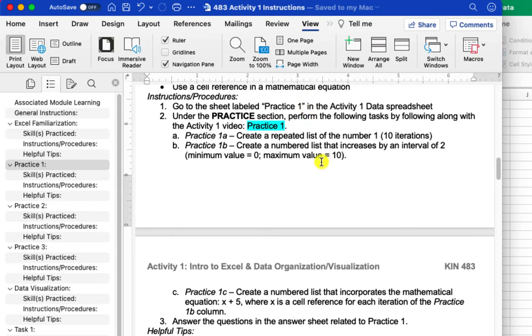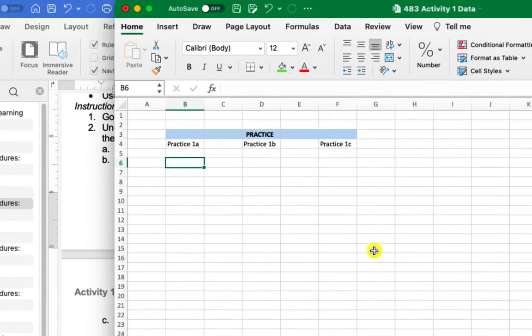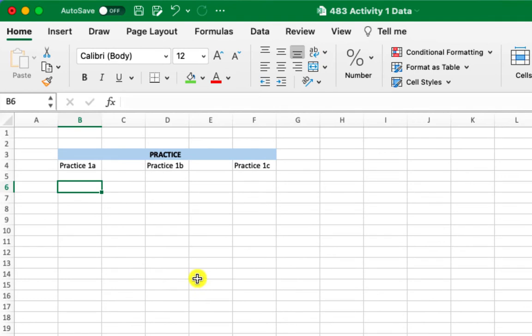We'll just go down a little bit by bit. I have some practice activities for you guys. So we'll start with practice 1A, and that's creating a repeated list of the number 1, and we'll make 10 iterations, or repeat the number 1 10 times. So in Excel, when you want to create a number, we'll go to our data spreadsheet here. We can click any cell we want, have a practice 1A column. If you just type in 1 and click enter,